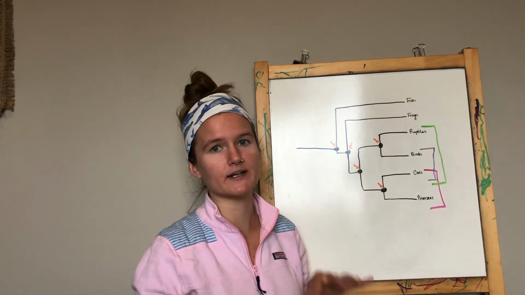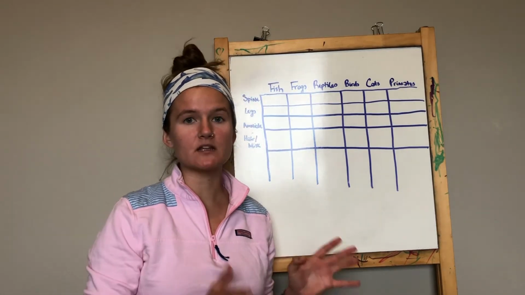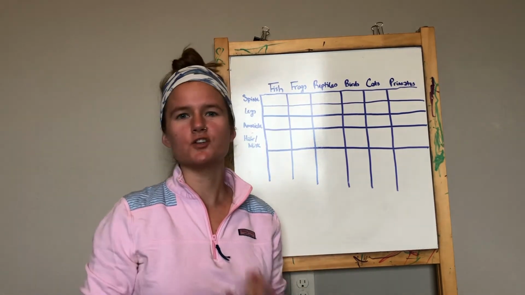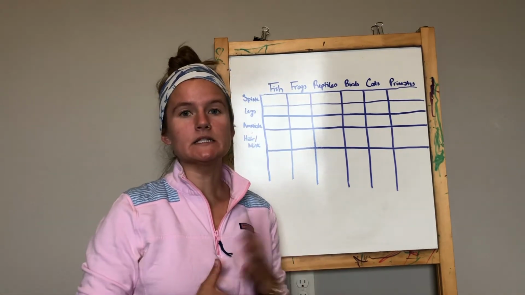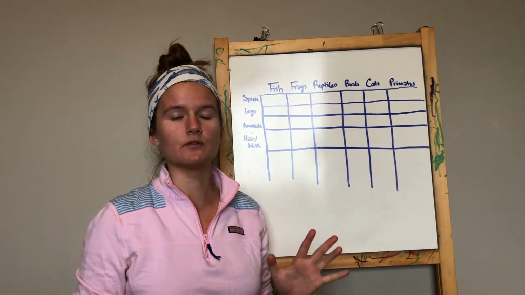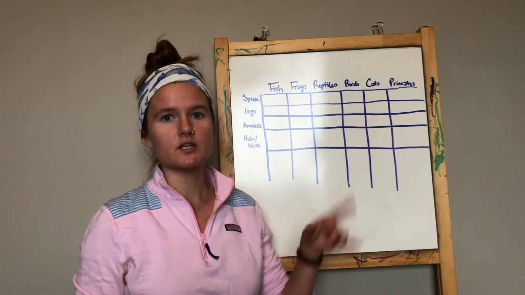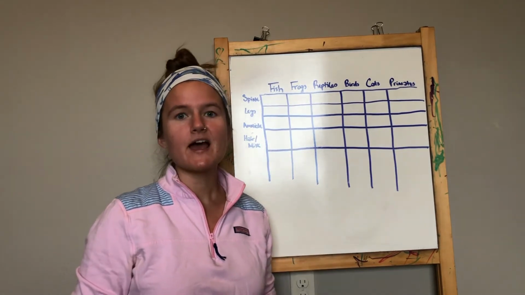That's a paraphyletic clade. So now I'm going to walk you through how to create that tree that you just saw in the last part of the module where we were defining nodes, tips, clades, etc. So the way that I like to do this is basically to start by making a table of all of the animals that you know you're charting in your tree. So here that's your fish, your frogs, your reptiles, your birds, your cats, and your primates,